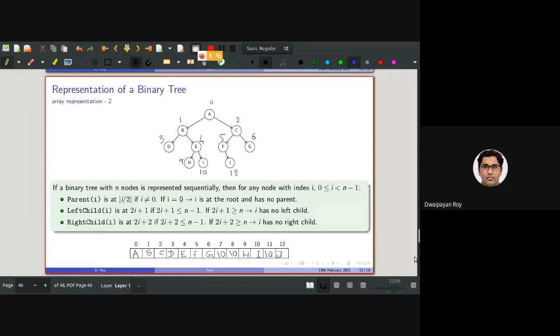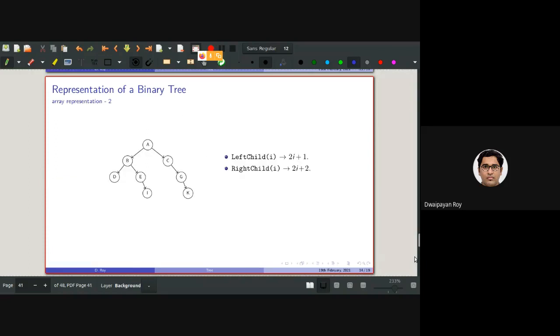So the bottom line is, for any binary tree, from the programming perspective, we will follow this: the left child of I will be at 2i plus 1 and the right child of I will be at 2i plus 2.